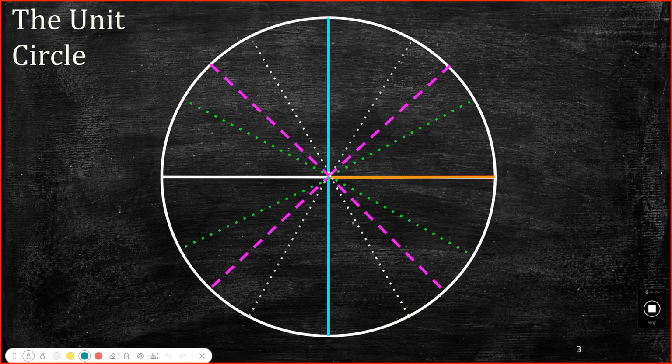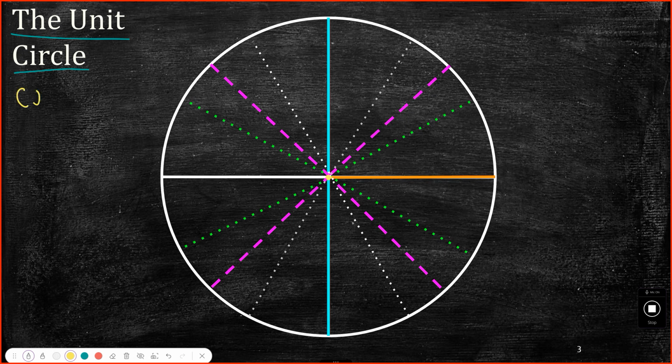All right. This is going to be the unit circle. All right, unit circle. For the unit circle, the radius is 1. So that's why it's called a unit circle. Let's say that this length, the radius, is 1. And so if the radius is 1, then it will be true that